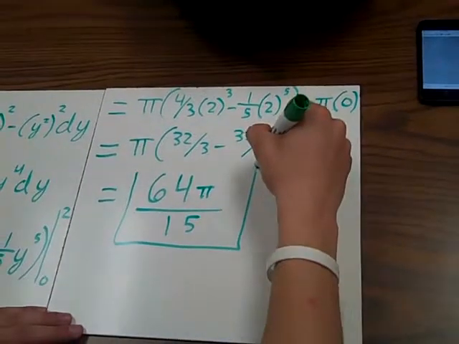We're going to be demoing the washer method, which happens when you rotate a graph around and create a solid. So we're going to start out by drawing our